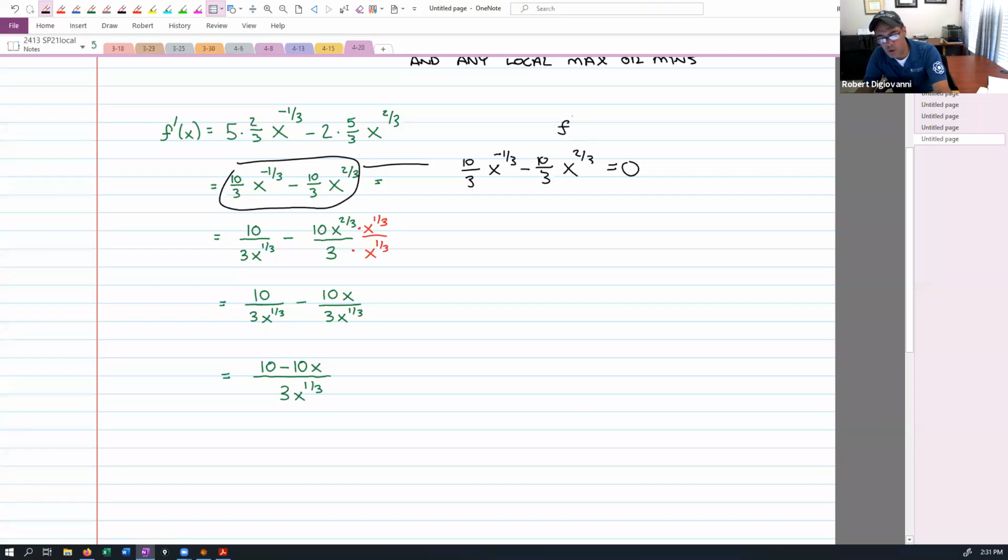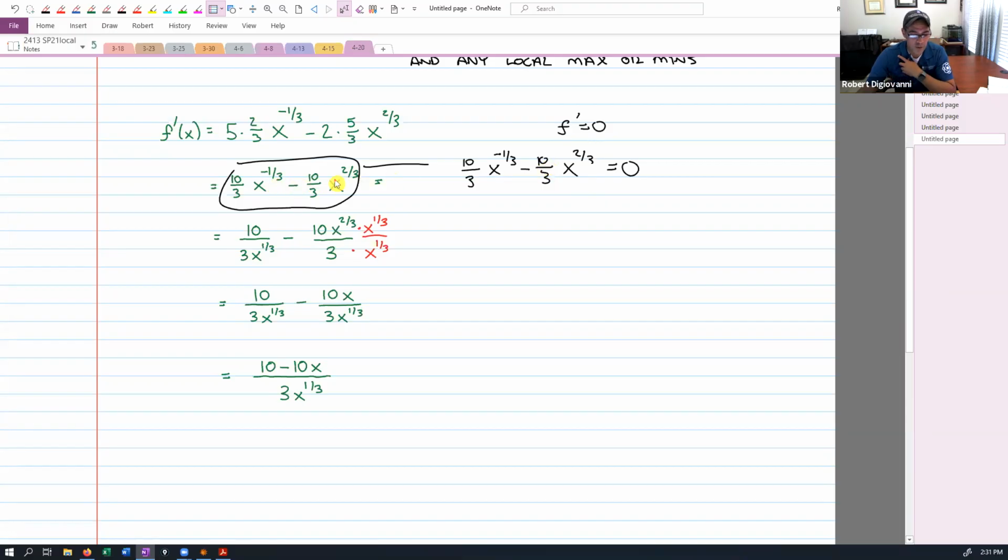Right, because we have to figure out where the derivative is 0. So if I do that, I'm going to have problems because, how do we set this equal to 0? Knowing that I'm going to have to set this equal to 0, I'm trying to get it turned into one fraction. Because I told you, remember that a fraction can only be 0 if the numerator is 0. Remember me telling you that?